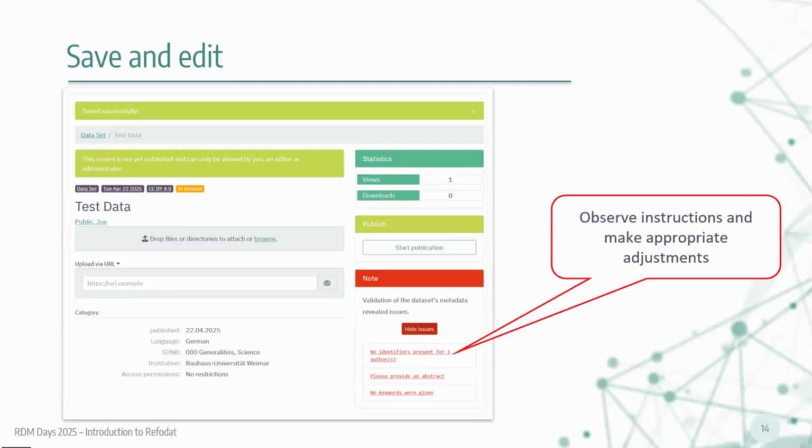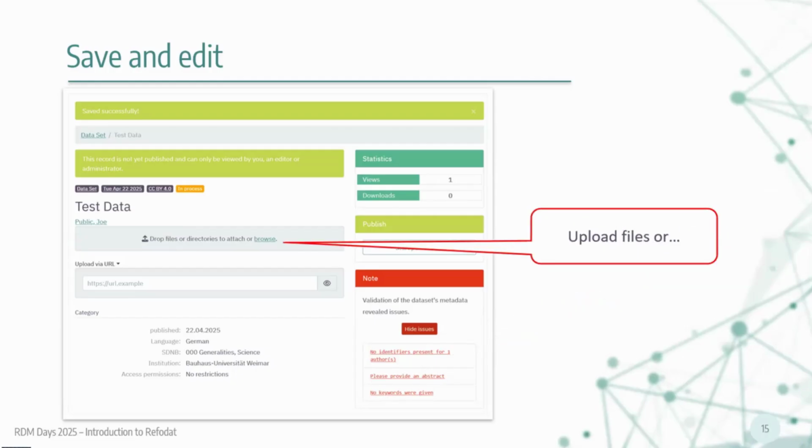And so on and so forth. So it's always a good idea to look at these issues that pop up and make the appropriate adjustments. And then once you've done that, you can either upload your files